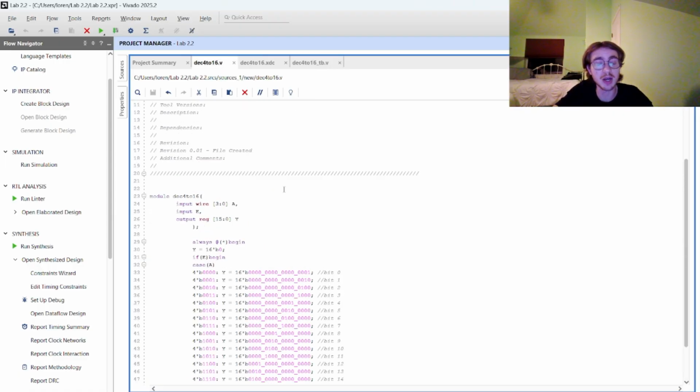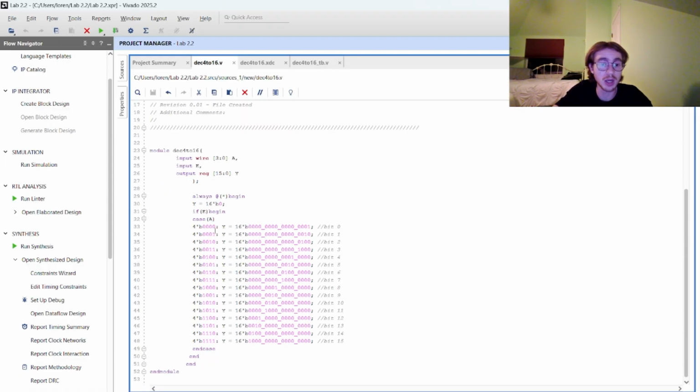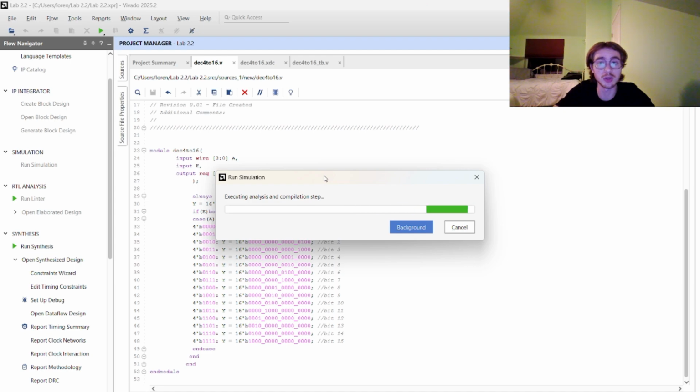The only thing that changed is that this is a behavioral implementation, so it's just a case statement, kind of like if else statements if you're writing in C or C++. It's going to check if my select is 1, right? If my E is 1, then it's going to check case my A, which is my wire. My output Y is going to be a register, and it's checking, hey, if it's all zeros, you light up the first bit of this 16-bit value of Y, and it just goes down the line. So if I were to run the behavioral simulation for this one,